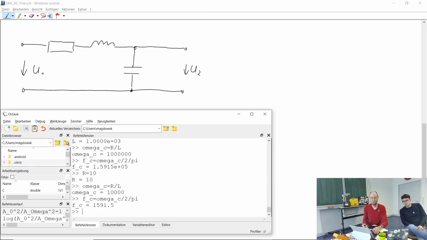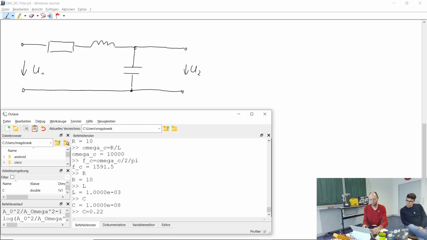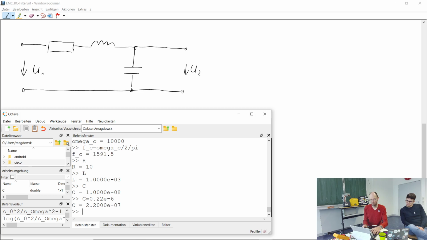So let's use some values that we used before. For example, use this 10 ohm of resistance, which might be meaningful, this 1 millihenry of inductance and some capacitance of, for example, 1 nano, or 10 nano, but I will maybe go back to the 0.22 micro that we had before. And so now if we write the transfer function or this ratio between input and output voltage,